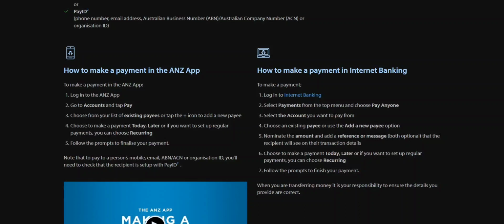Hey guys, today I'm going to tell you how to transfer money from ANZ to another bank, and watch till the very end to understand the entire process step by step, because I'm going to tell you both the local and international one. So if it's a local one, just head over to internet banking and then select payments from